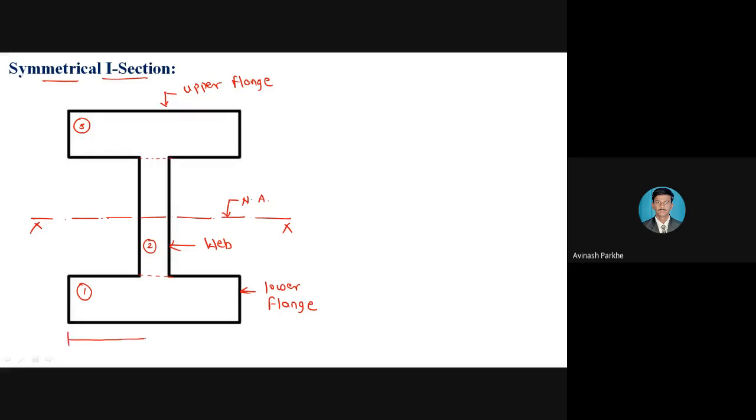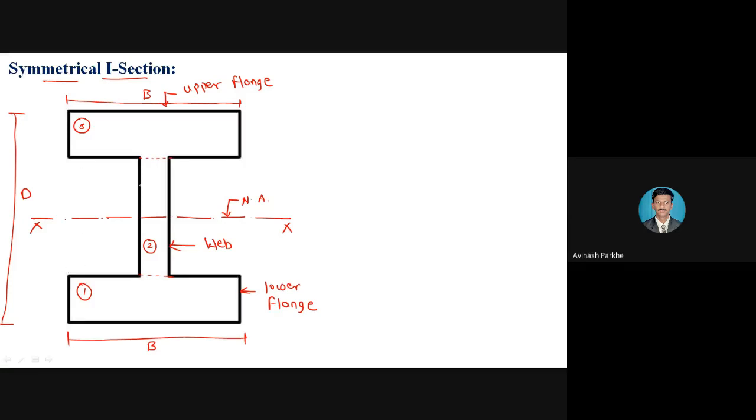The dimensions given for section number 1, let us see here. This is the capital B. Let us assume that this is the capital B. Similarly, for the upper flange, again this is capital B. The total vertical distance from the top flange to the bottom flange is capital D. What is capital B? The total horizontal distance of the I section. What is capital D? The total vertical distance of the I section.